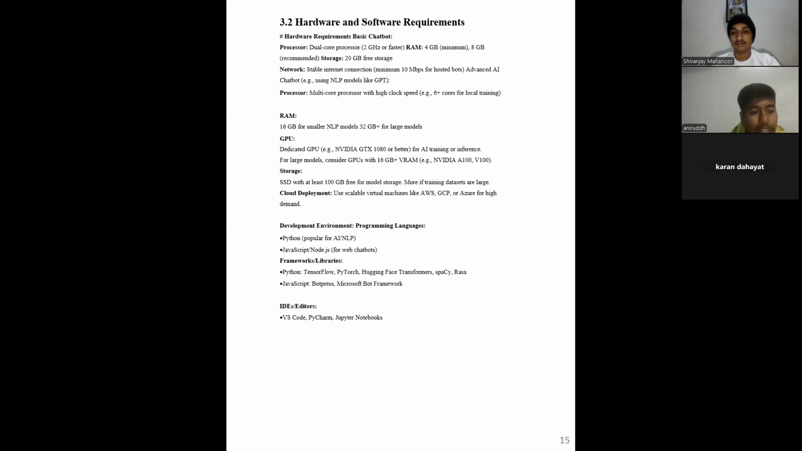Processor: dual core processor, 2 gigahertz or faster. RAM: 4 GB to 8 GB. Storage: 20 GB free storage. Network: stable internet connection, minimum 10 Mbps for hosted bots. Advanced AI chatbot: